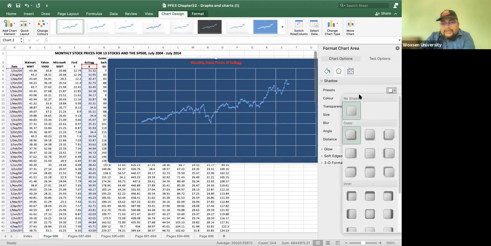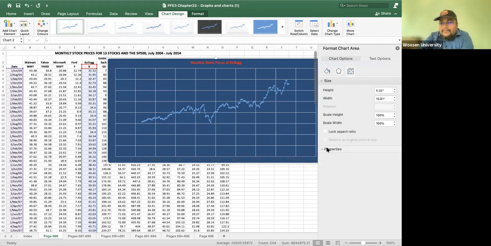Shadow of the area, different glow, whichever you like. If you have time, you can do that. But normally, finance people do not have that much time. So many options are there. Okay, that is about the chart area. If you double click the